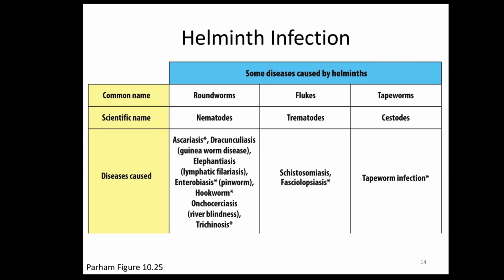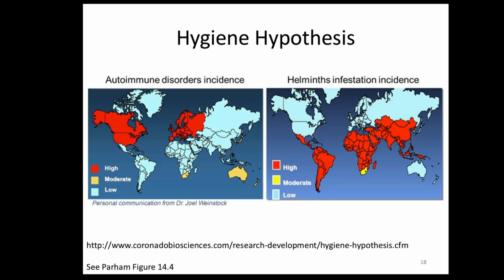And so in the image on the right, in red, you can see places in the world where you can get a helminth infection. Again, this is only showing high, medium, low. It's not the most granular data ever. In blue are places where you are not likely to get helminth infection. And it was noted that if you take that map and look at it really closely,